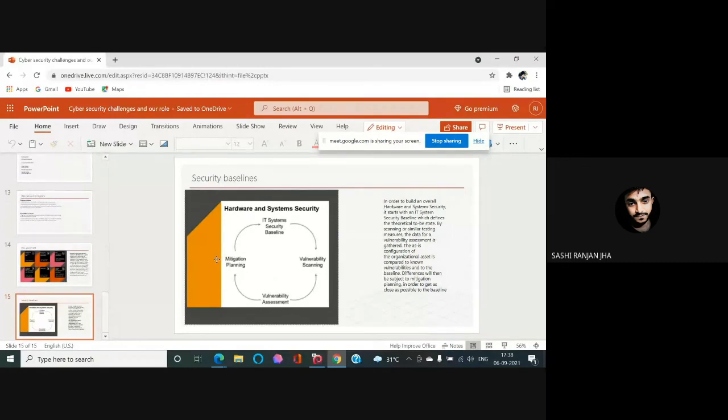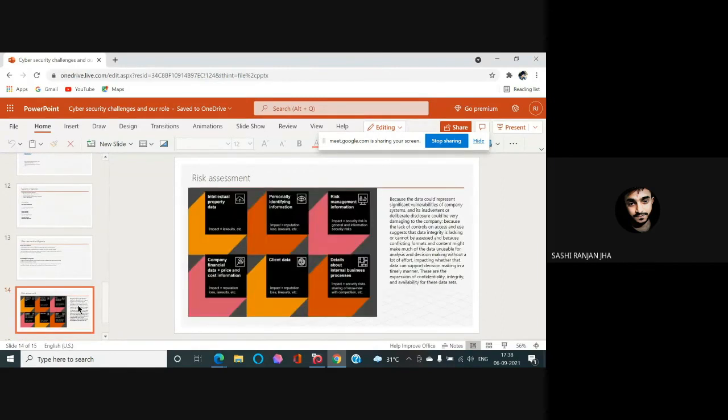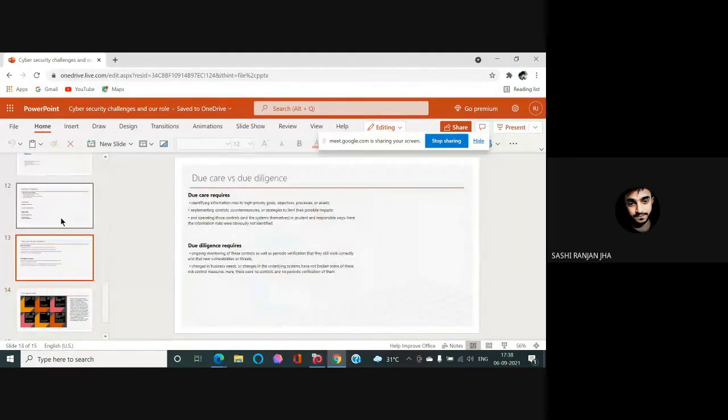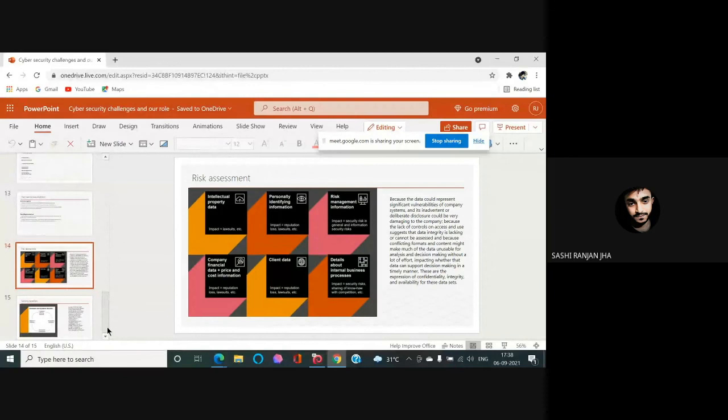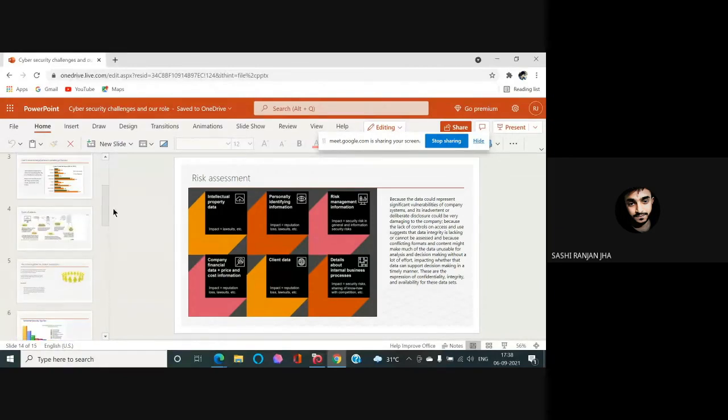And then we go for mitigation planning, like how we can mitigate those risks. Then again we make the IT security baseline, and according to the vulnerabilities we have found, we add those mitigation techniques and mitigation security practices into the security baseline, and then do the process again. So this is a complete cyclic and continuous process in order to monitor all the security logs or anything that is happening in our corporate environment. So this is a complete overview of recent cybersecurity challenges.